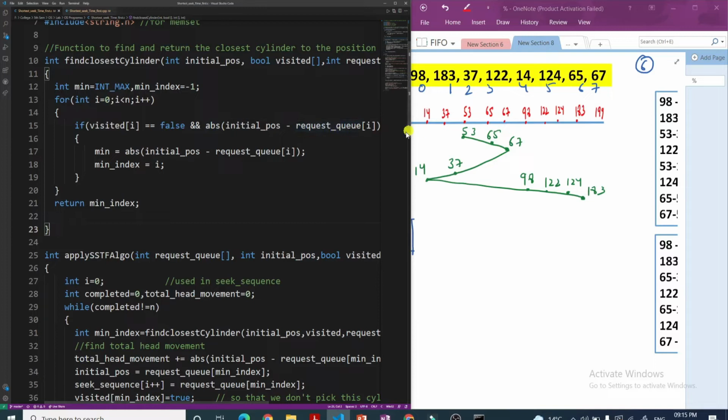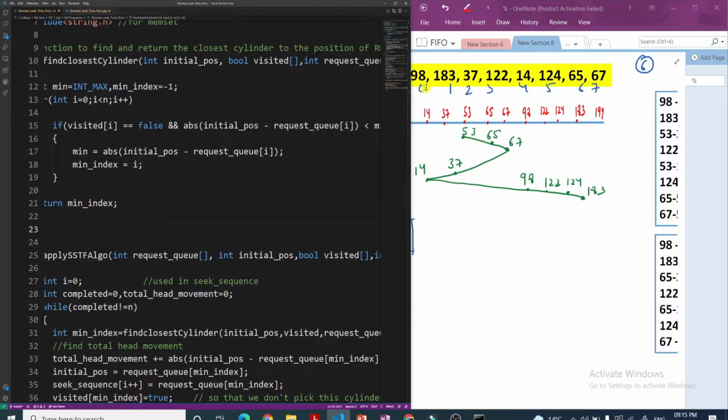I will check whether the subtraction between 53 and 183 is less than minimum. The last minimum was the difference between 53 and 98. So is 53 minus 183 lesser than the previous difference? If yes, then I will set the minimum.